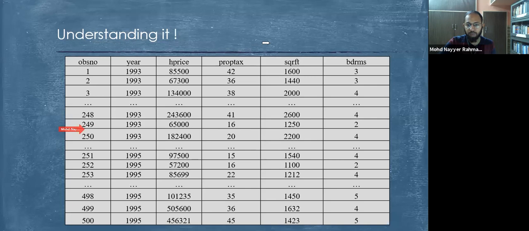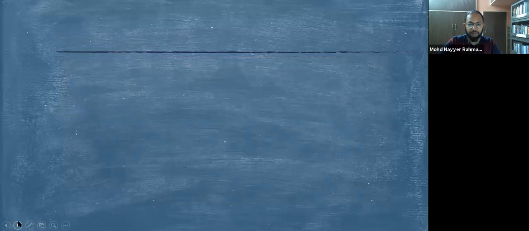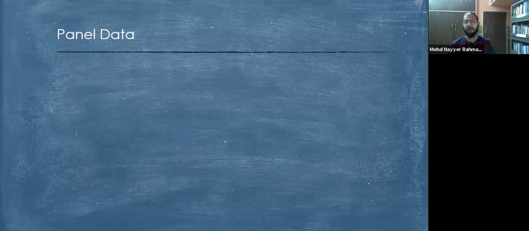Now come on to another slide where we will discuss the next type of data set, and the question which was popping up. Now we have the panel data. Somebody was asking whether there is any difference between panel data and pooled cross-section. Yes, there is a difference. Repetition of observation is the difference. Let's go with that.